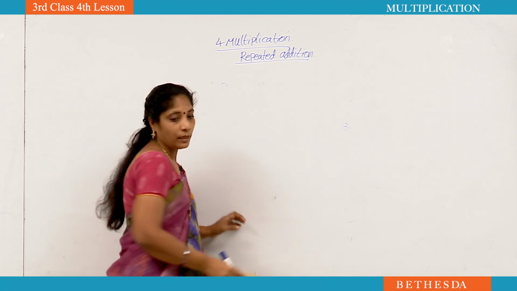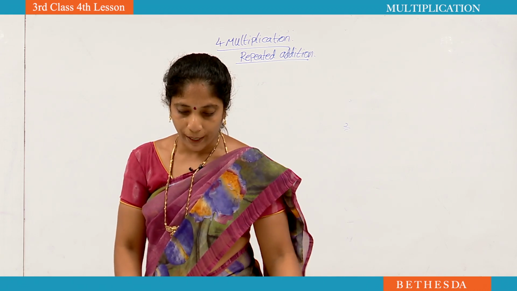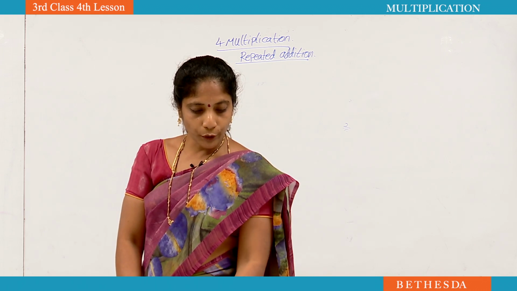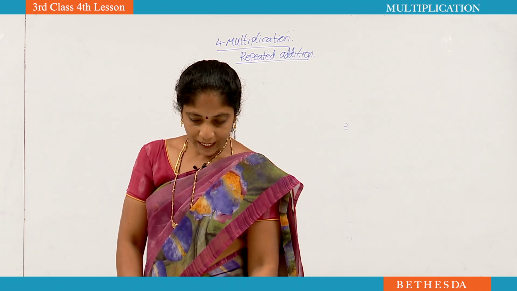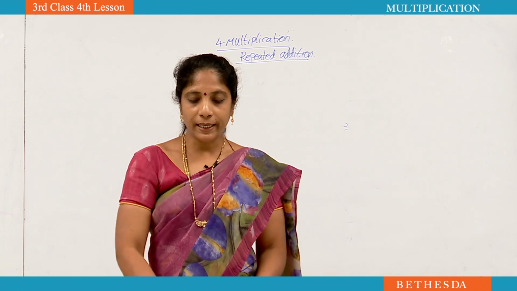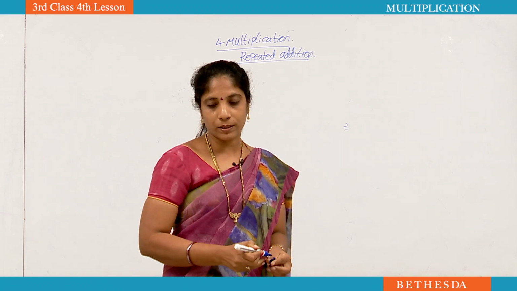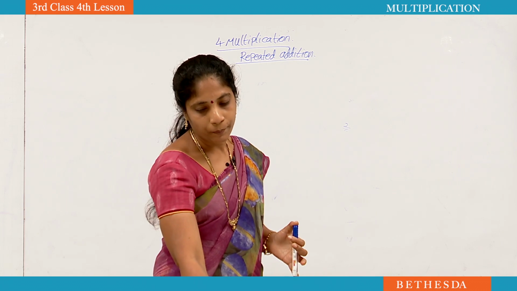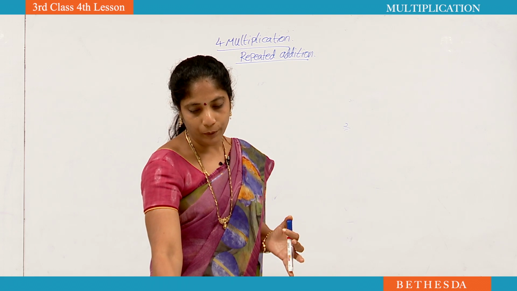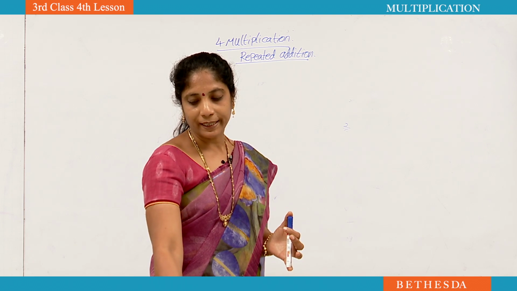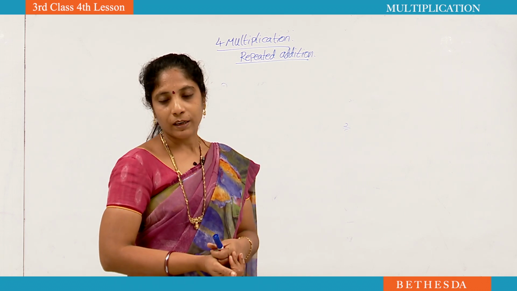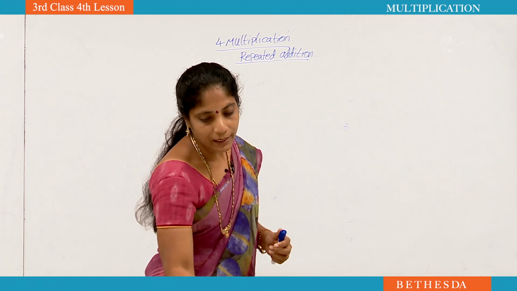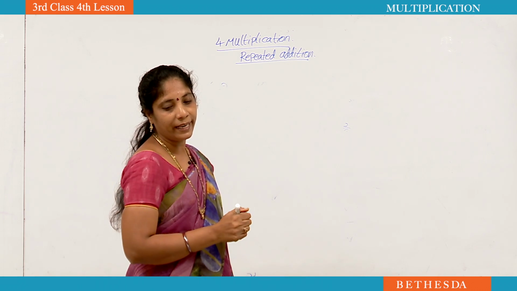In your book, they have given the multiplication tables by grouping. See here, all of you open your textbook, page number 87. In 87, they have given building blocks and groups of building blocks. By these groups, you have to form a 6 table. In page number 88, 7 table, and page number 89, 8 table, page number 90, 10 table you have to form. See here, for example, I will say the first one, page number 88, 7 table.